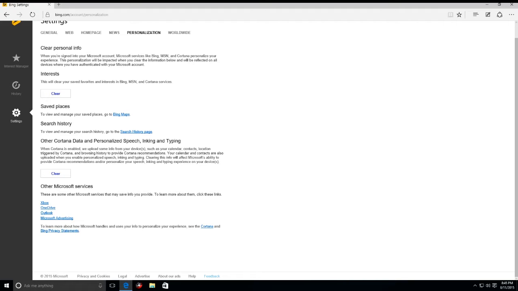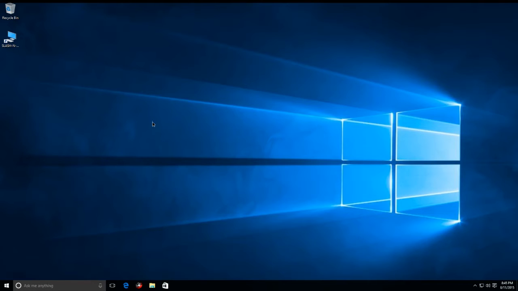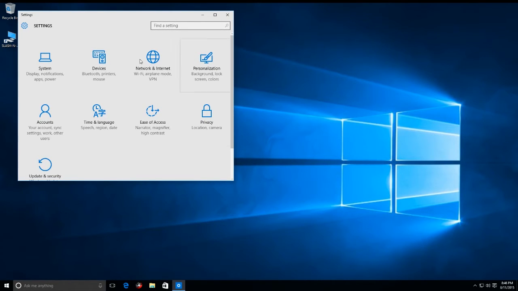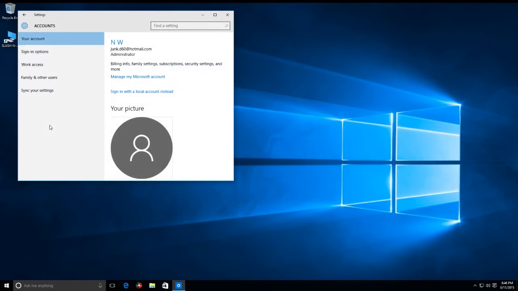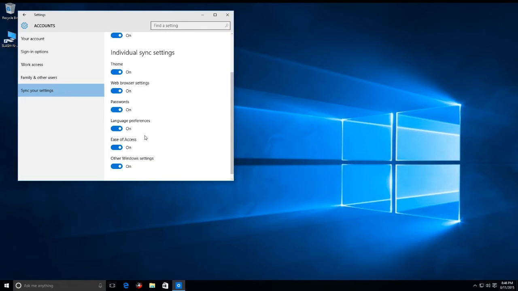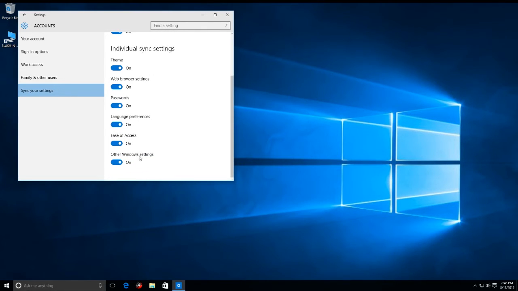All right, so the next item that is a little bit of a buzzkill for me is synchronization. Now, this is a good and a bad thing. Like I said before, you can synchronize with your products, make everything work between your tablet, phone, and stuff like that. You can sync your settings, themes, browser history, passwords, language preferences, ease of access, and other Windows settings. It doesn't really explain that, but basically your browser history, your